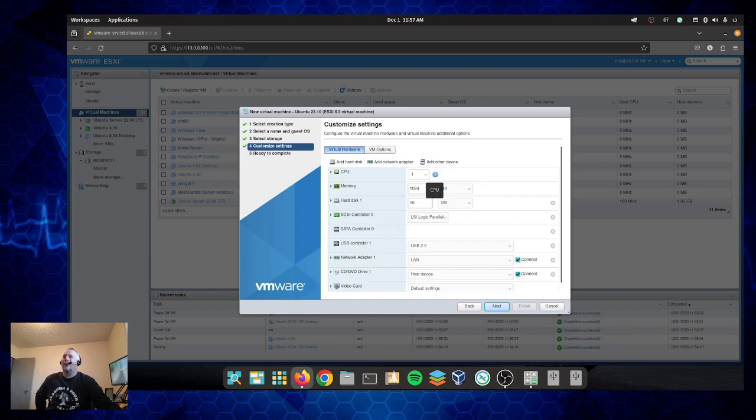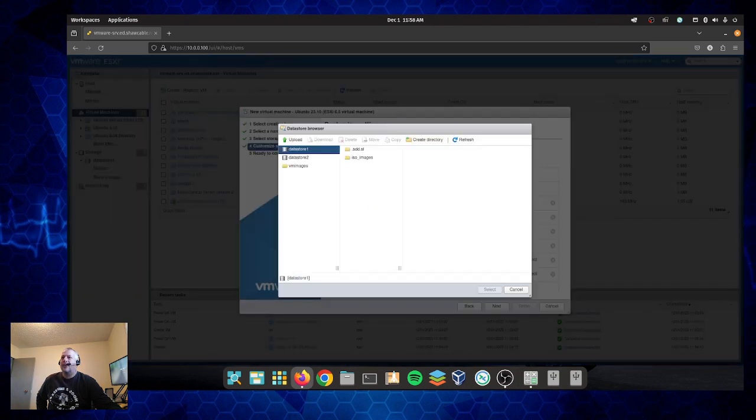From here, we're going to select our options. Seeing that the desktop is pretty feature-rich, which means it's pretty intensive, we're going to give it 2 CPUs, and we're going to give it 4 gigs of RAM, which equals 4096 in megabytes. We're going to give it 50 gigs of hard drive space. We're going to put it onto the external network, and we're going to use an ISO that is